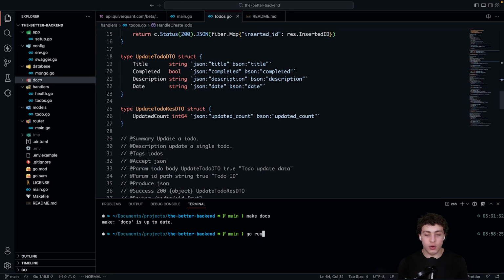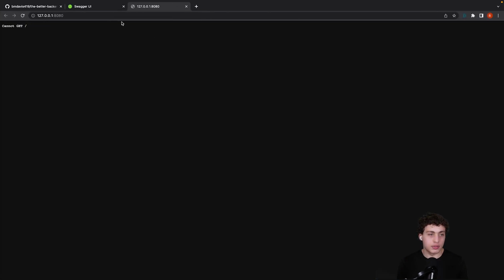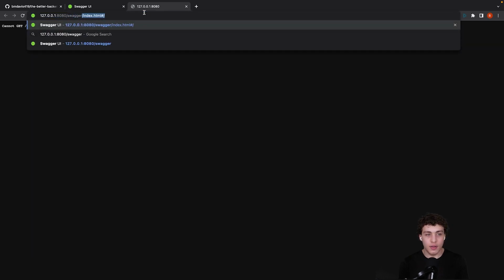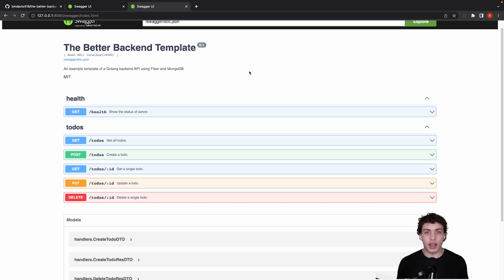So if I go ahead and do go run main.go, it'll take a moment to build, and I go to localhost 8080, nothing's going to be here. But if I go to /swagger, what I'll get is auto documentation. So all of those comments I made on each of those handlers will actually create documentation